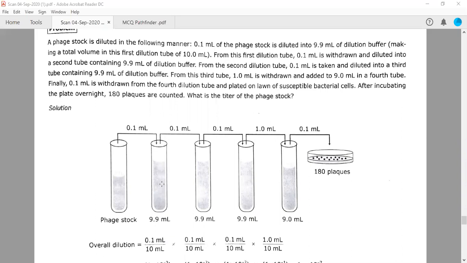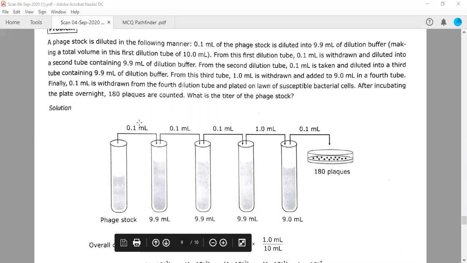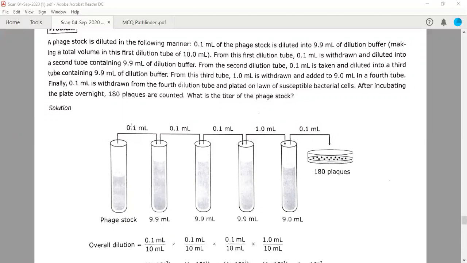As I ask you, you should remember this. If you are adding 0.1 ml into this tube, which has 9.9 ml of solvent, how many times are you diluting? You are already diluting it 10 to the power 2 times, meaning 100 times, right? So each time you need to write down whatever you understand from the question. So here I'm writing 100 because I'm diluting it 100 times. So if you add 0.1 ml into 9.9 ml, you are diluting it 100 times. Then again you move this into 9.9 ml, you are diluting it again 100 times. Sorry, it is taking time, so I'm writing it like this.